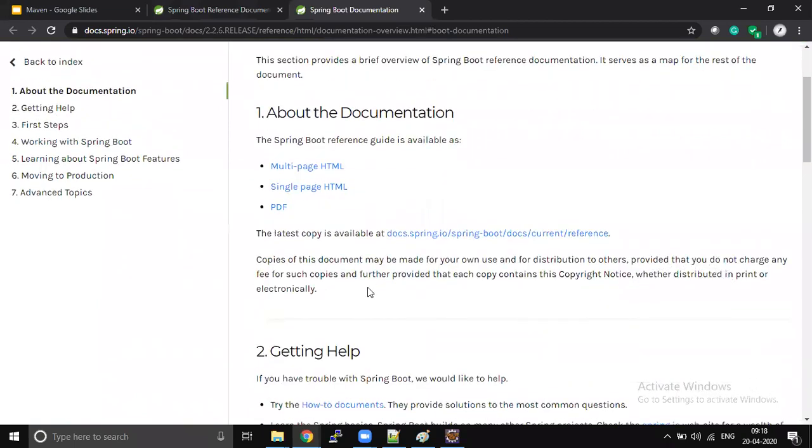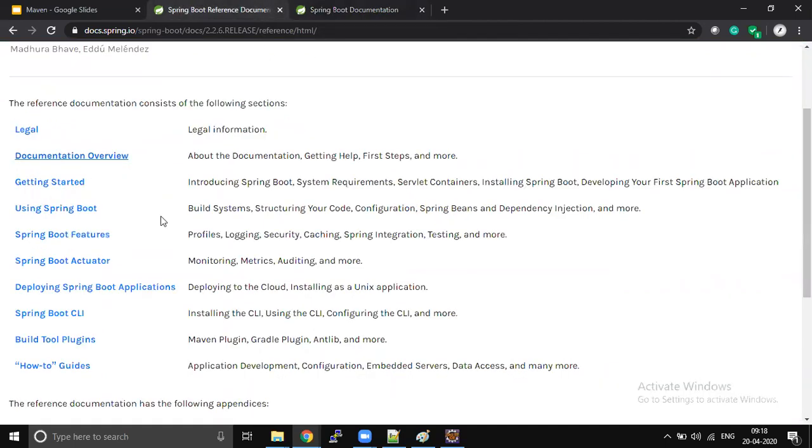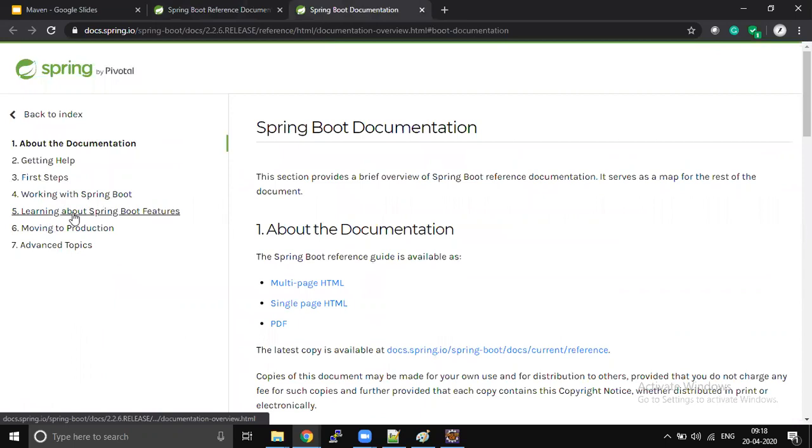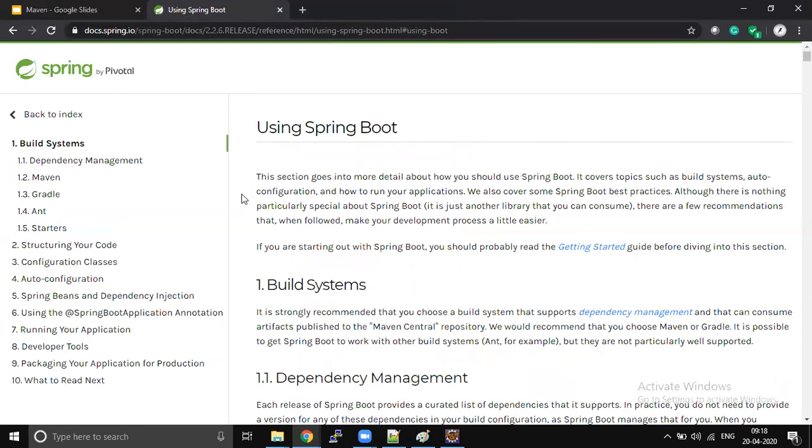This part will help us understand what is going to be present in the documentation: getting help, getting started, using Spring Boot, first steps, working with Spring Boot, moving to production, advanced topics. This is the kind of roadmap. Then we will start with using Spring Boot.